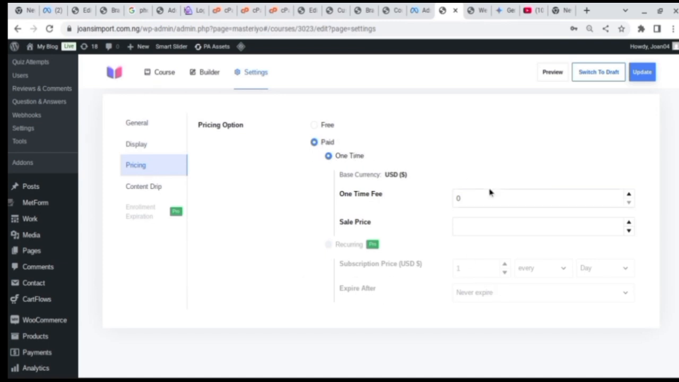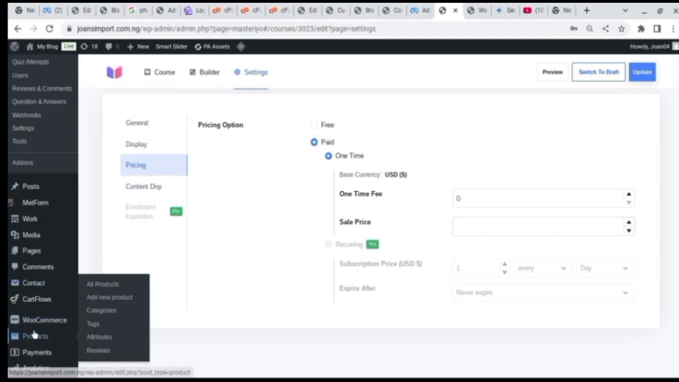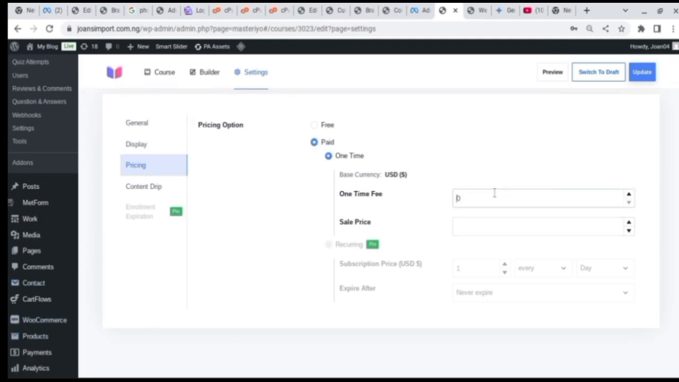Now we are going to set a one-time payment for this. And they set this in USD. I'm going to show you how you can change this payment method. You can use WooCommerce to change this. So let's set this in dollars. Let's say $10. Then the sale price is, let's say, 20. Let's click on updates, and